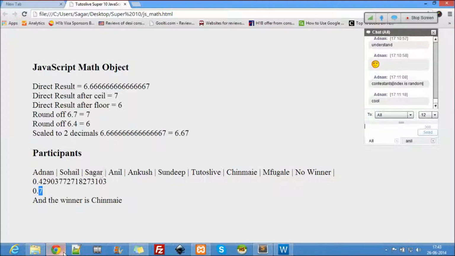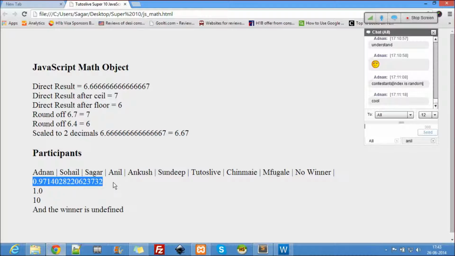Now let's see. See that? This is 0.97, so toFixed made it a round figure to 1.0. 0.545 made a round figure to 0.5. 0.72 made a round figure to 0.7. Then I multiplied by 10.